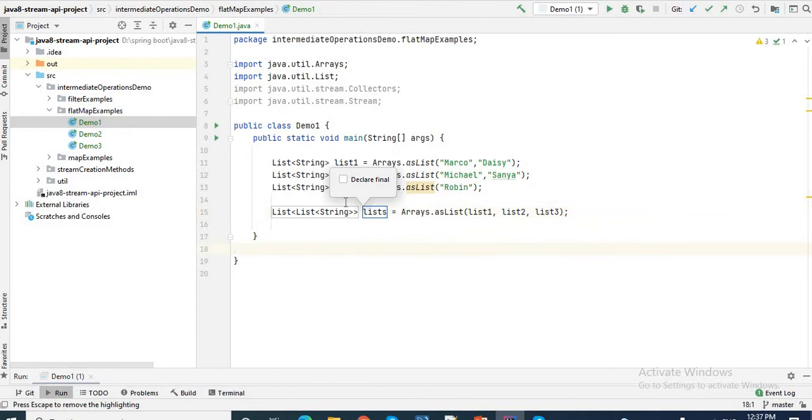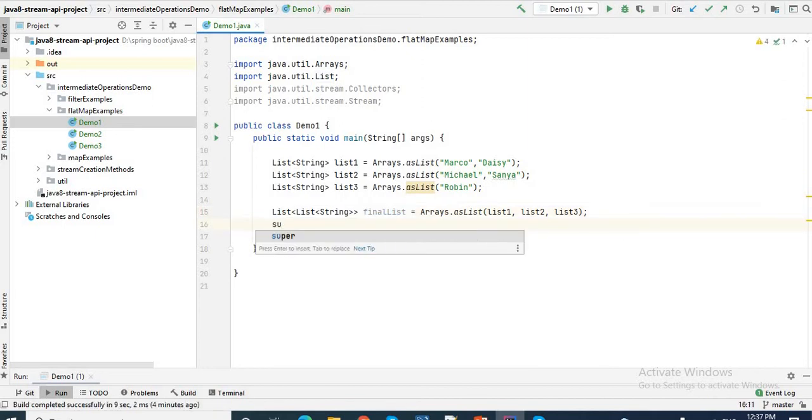This is List of String. Let me change the variable name to finalList. The first one is a list of string, list 2 is also a list of string, list 3 is also a list of string. So I add all these 3 lists to a final list, that is finalList.